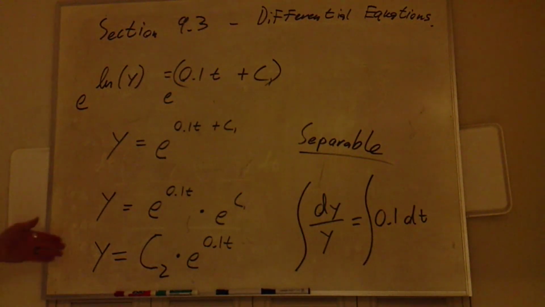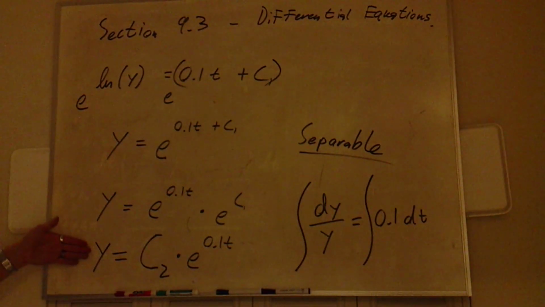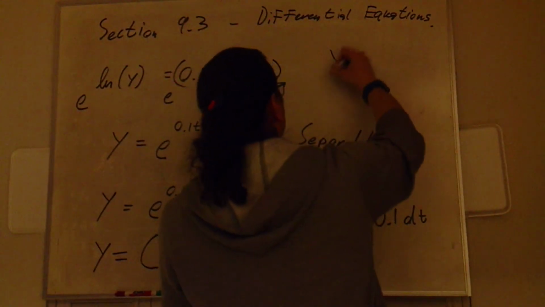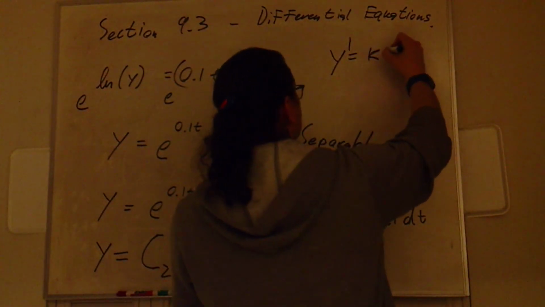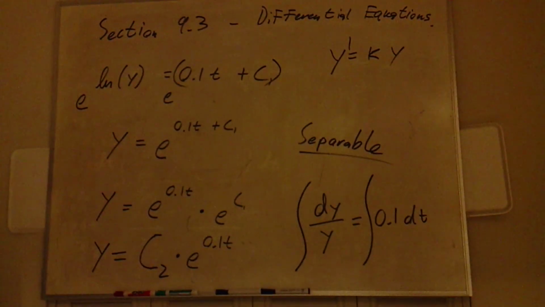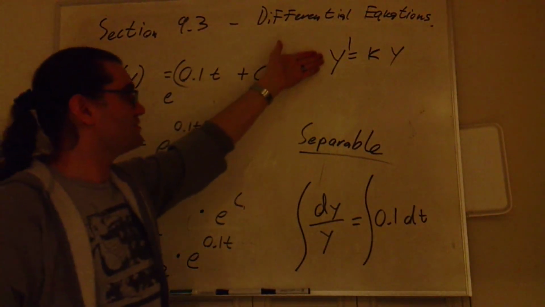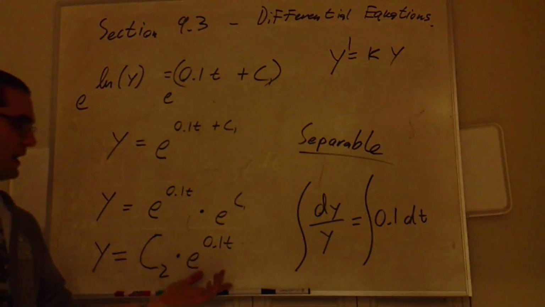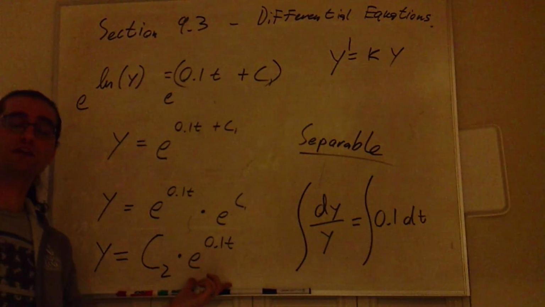So, the unknown function whose growth behavior is modeled by the equation, rate of change is proportional to amount present. This differential equation is solved by an exponential function. Exponential functions are the